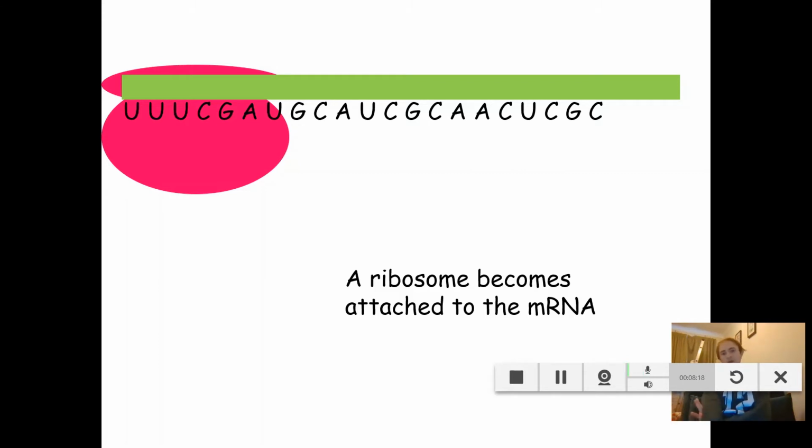For what it's worth, if you go on to do any form of further biology, which you all will, we're talking about methionine as the particular amino acid. You may see that in your textbook sometime. But for now, we don't need to do anything about that. We just need to know it's going to attach at a start codon.